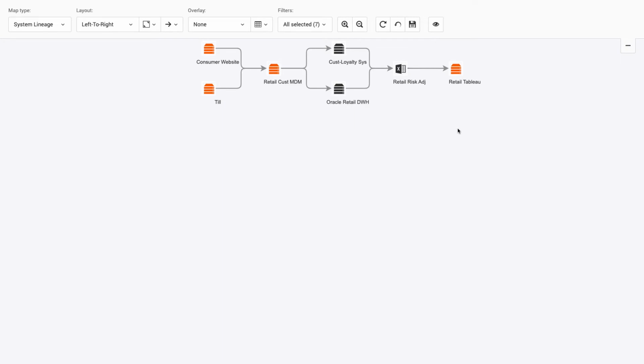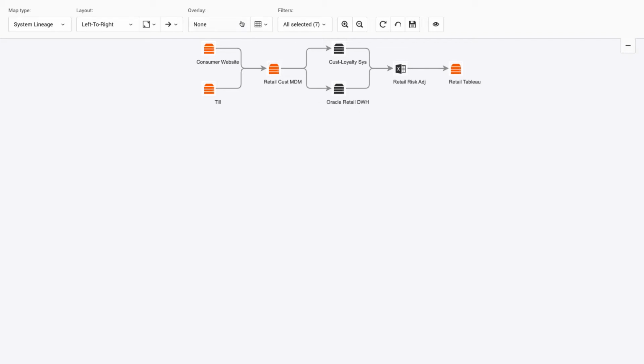She can even expand this map to make sure she will be able to see all of the relevant detail on one screen. Rosie should consider how this map has been scoped. The orange icons represent the systems with the published datasets that she was seeking, so she will ignore the black